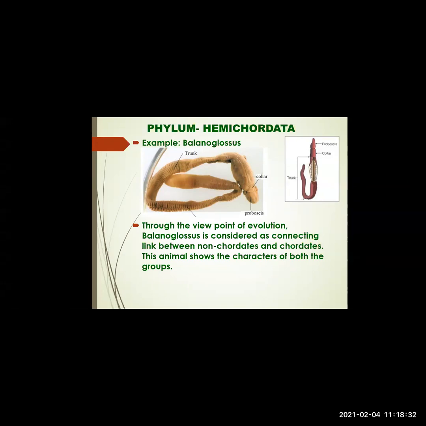Again, radially symmetrical, diploblastic. Another important characteristic was specialized cells called cnidoblasts present in Coelenterata. These cnidoblasts are present in tentacles. Tentacles are used for capturing the prey. And the function of cnidoblast is to inject the toxin into the body of prey. Example, Hydra, sea anemone. The diagram of Hydra, Sycon is important.